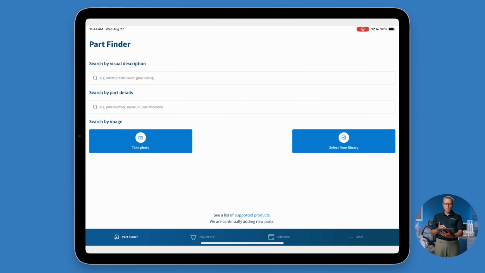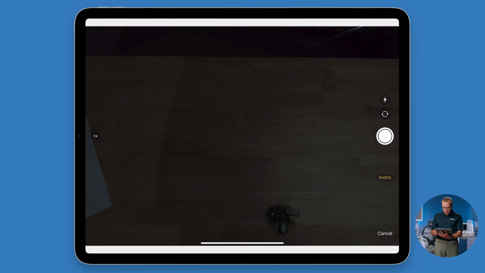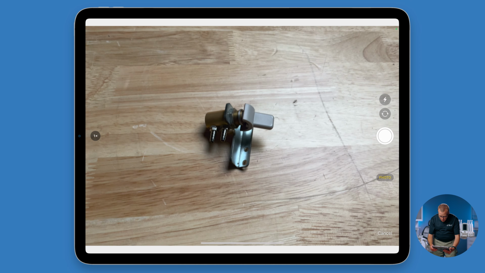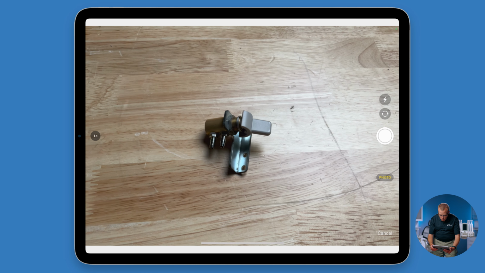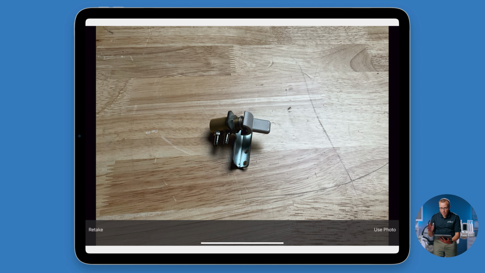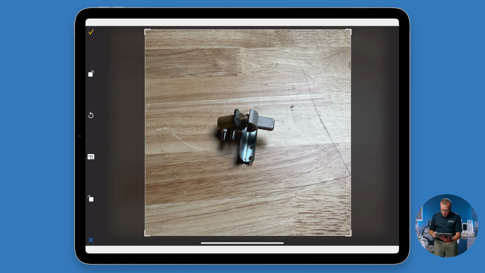You'll open up the A-dec Plus service app, and there's two buttons. You're going to click on the Take a Photo button, and that's going to activate a live view of your camera. And when you do that, you're going to focus upon the part you're interested in identifying. And what's important here is when you take a picture, you're going to want that to be in focus. That's the most important thing you can do, even if it requires that you put the camera a little further